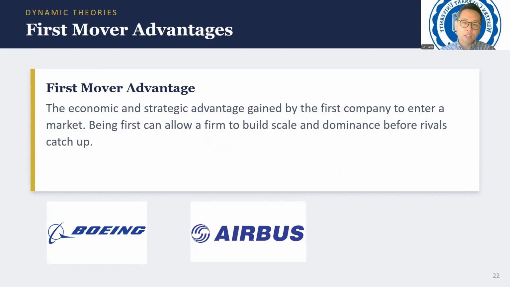The commercial aircraft industry is a classic example. For decades, this industry has really only supported two major global competitors, largely because of the huge economies of scale involved and the advantages each early leader built up over time. So the two companies are Boeing and Airbus.